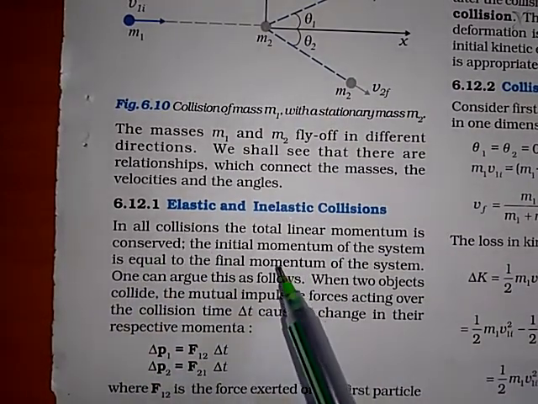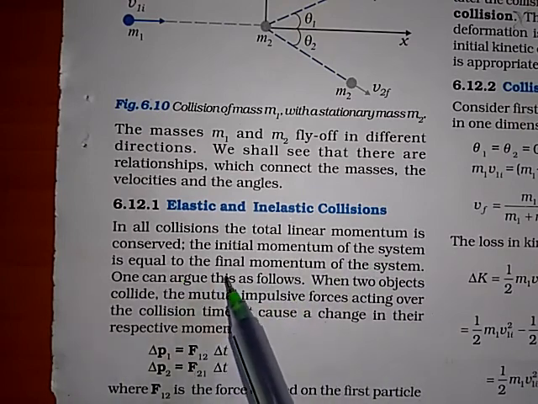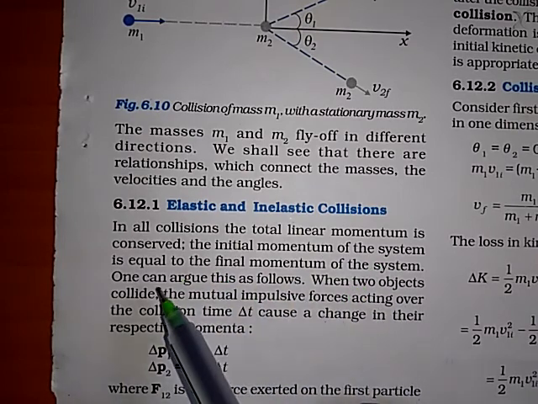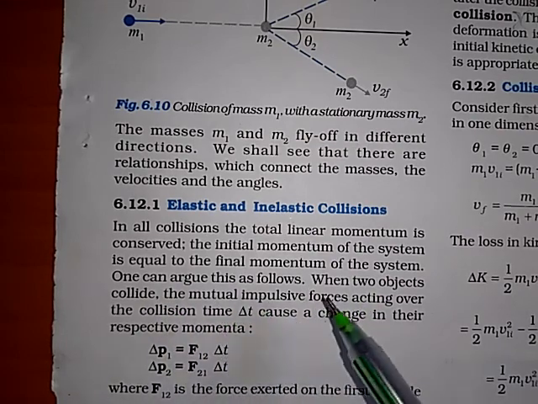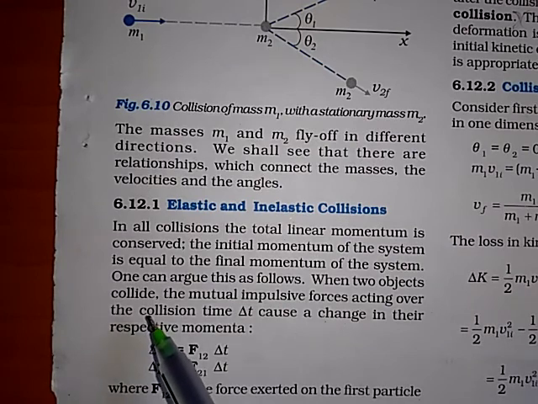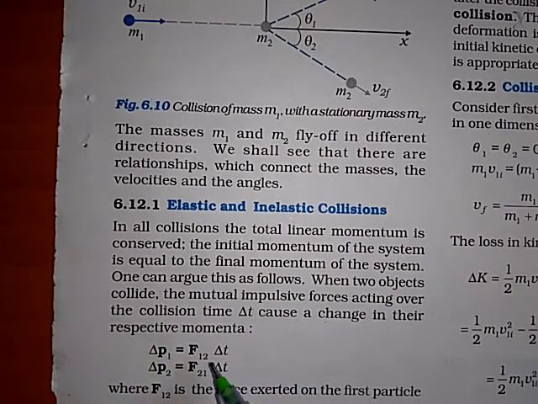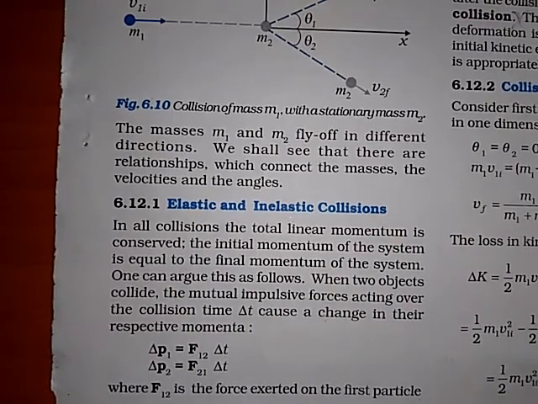In all collisions, the total linear momentum is conserved. The initial momentum of the system is equal to the final momentum of the system. One can argue this as follows. When two objects collide, the mutual impulsive forces acting over the collision time delta t cause a change in the respective momenta. That is, delta P1 is equal to F12 delta t, delta P2 is equal to F21 delta t, where F12 is the force exerted on the first particle